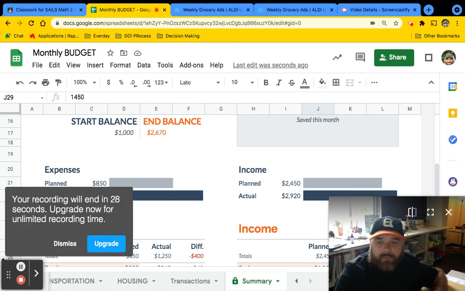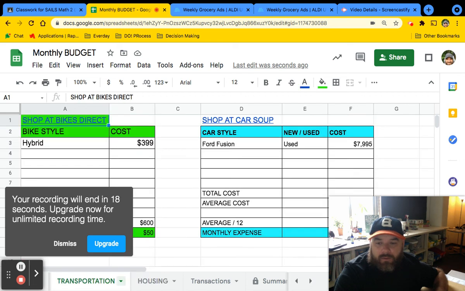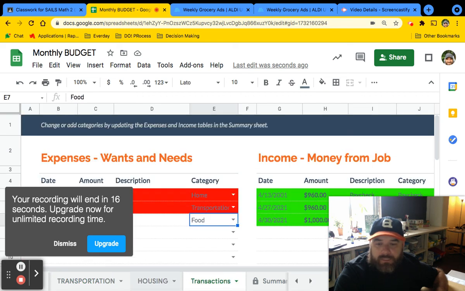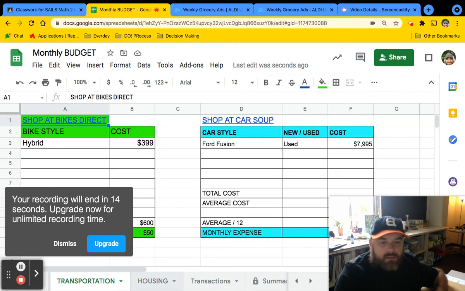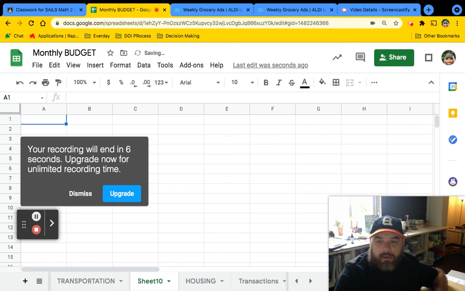And that's it. Oh, the one other thing I want to tell you is you're going to be going to your own budgets. I'm not going to paste this in there other than as an example. So you need to go to your own budgets, and you need to click on this to add a sheet, and then you're going to put food in there, and then you can make it exactly like